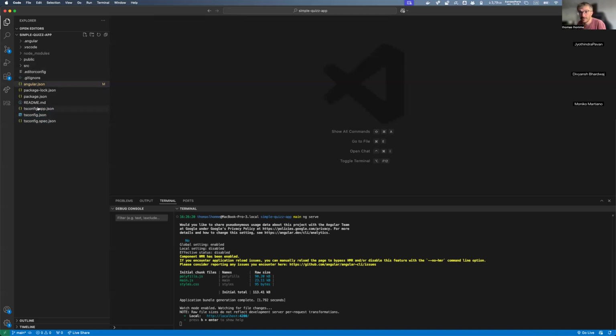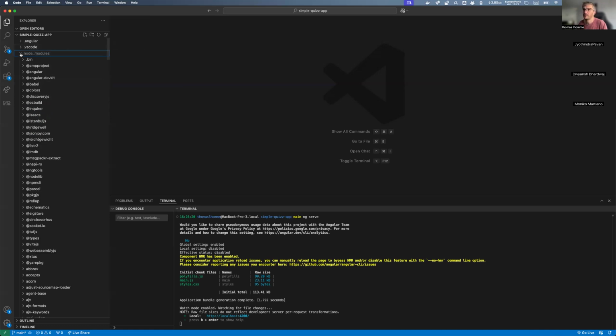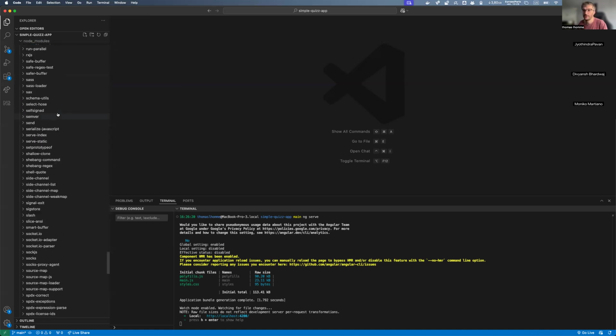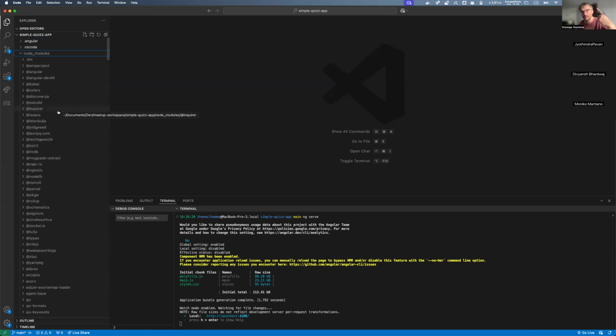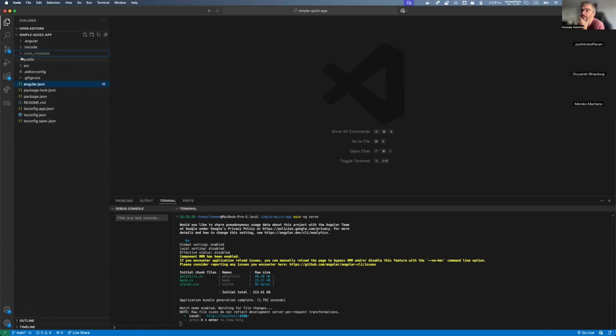So basically, the only file that interests us as an Angular developer is really the angular.json file, right? Then we have some hidden files, .angular and .vscode, doesn't matter. Node modules, well, this one is big. It's all the dependencies that you downloaded when you installed, right? You download all those dependencies here in node_modules. Then you have a public folder. In public, you basically put everything public: fonts, pictures, videos, MP3 if you have, etc.